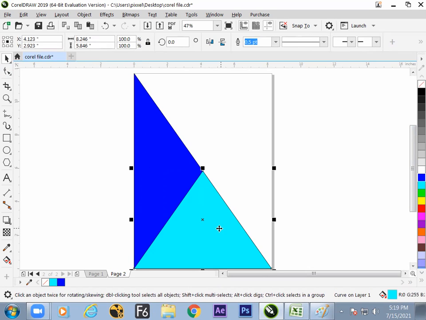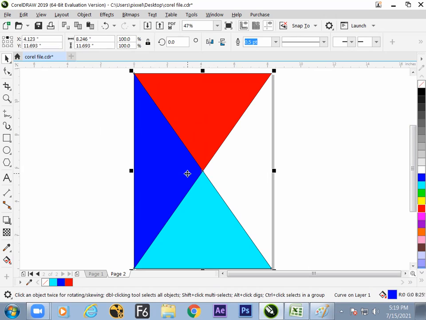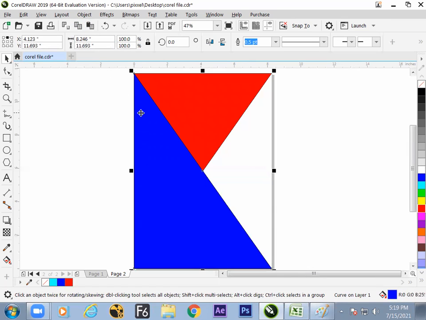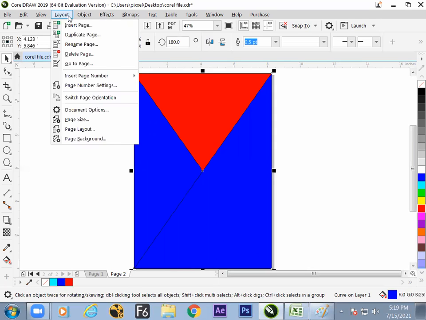Yes, you can get a duplicate and flip it. That is also allowed. Select this, change the reference point, flip vertical, change the color. Hope we got to know how to break the design into multiple parts. If some other color is to be placed here, yes, it is possible. How to do it? Get a duplicate by copy paste, change the reference point, flip horizontal from the center, and send to the back with the help of ordering.